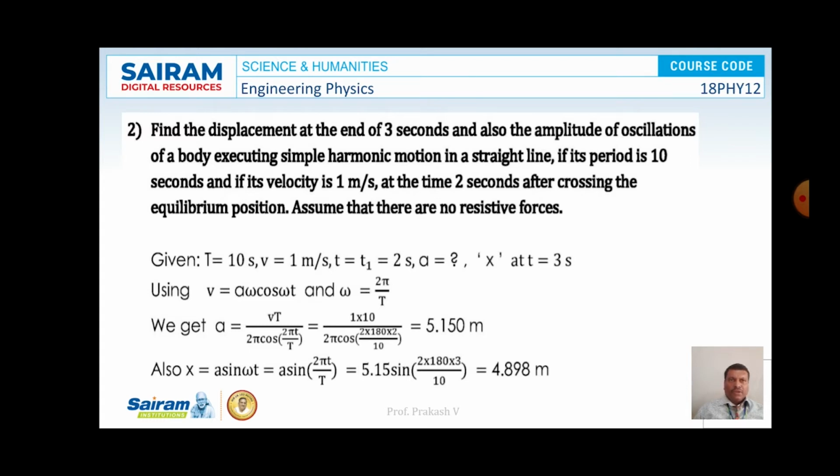And using the formula v is equal to a omega cos omega t, where omega is equal to 2 pi by T, we get a is equal to v T by 2 pi cos 2 pi t by T. So on simplification we will get the value of a as 5.15 meter. Also the value of x is equal to a sin omega t, that is equal to a sin 2 pi t by T. So on simplification we will get the value of x as